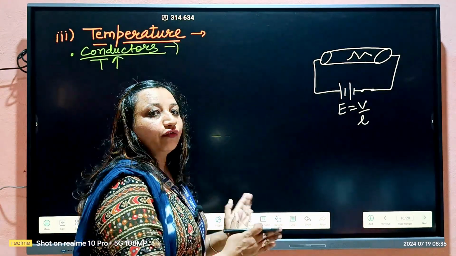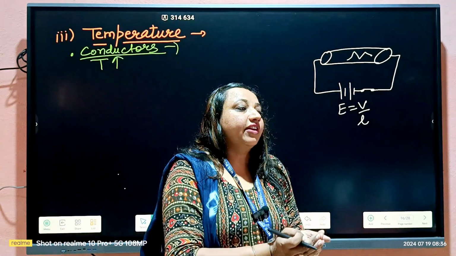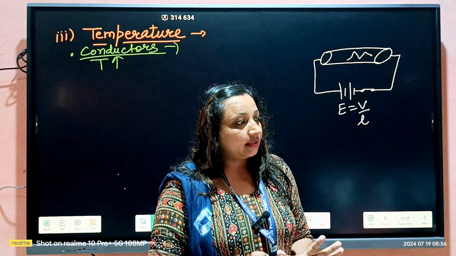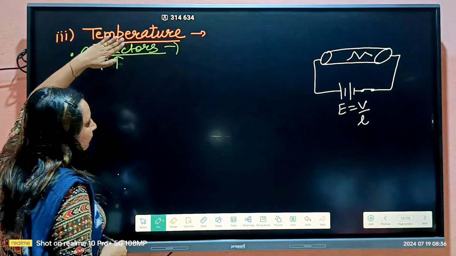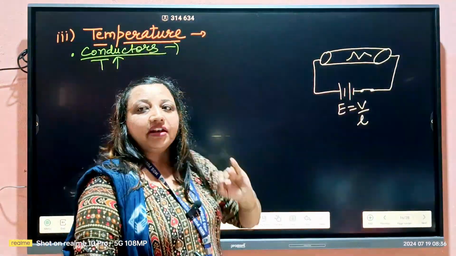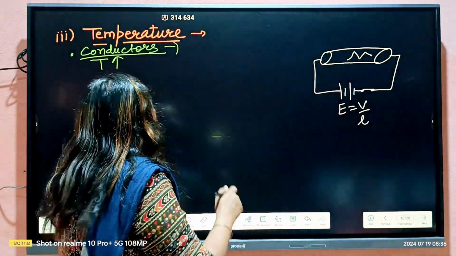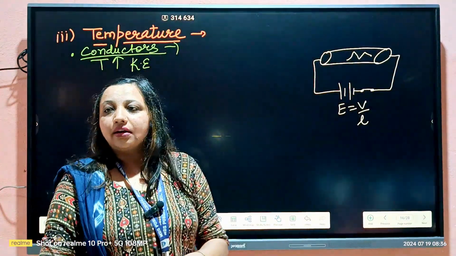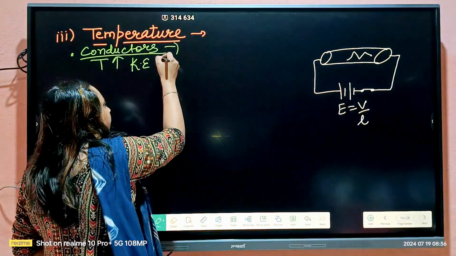But here we only talk about the factors affecting the resistance of a conductor, right? So in case of conductors, when we increase the temperature, the kinetic energy of electrons also increases,